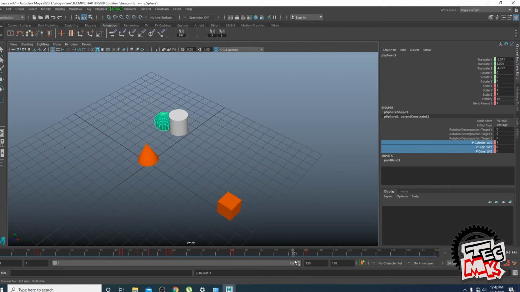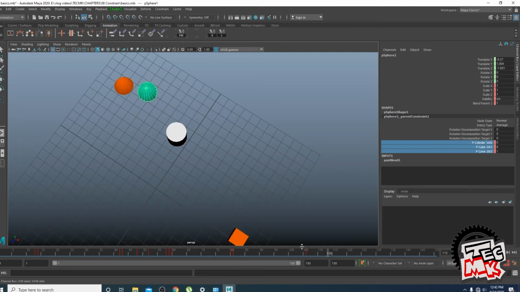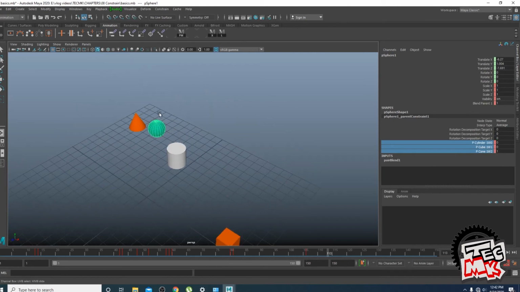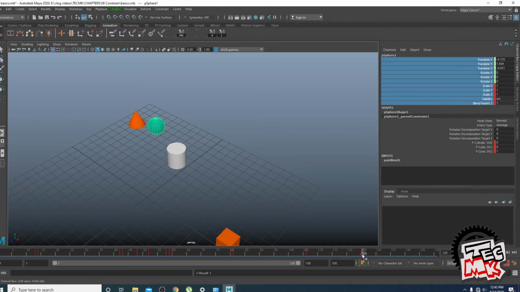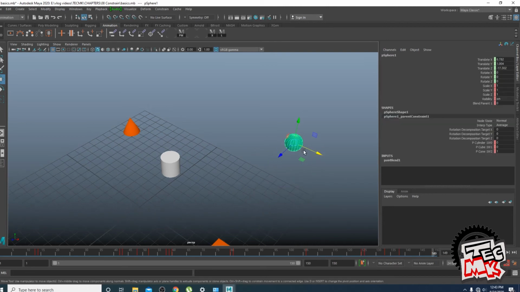So guys, now you see what happens. Again, if you want the sphere to be independent, then you come over here and make it all 0, or even if you keep it at 1, that hardly matters, key selected, and then here also key selected and here you get 0. And then from here to here you take it anywhere you want. So you see guys, the switch is always on the child.